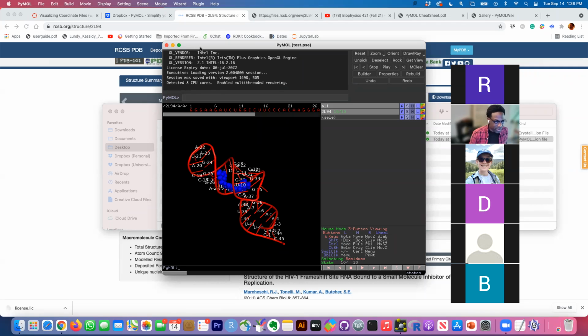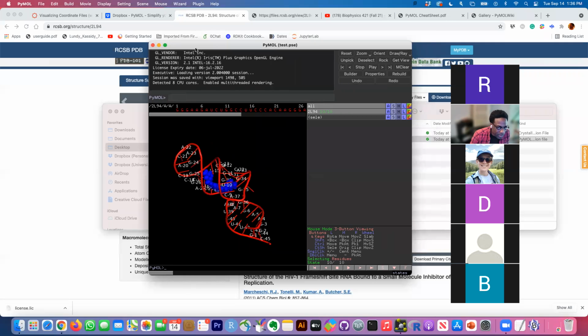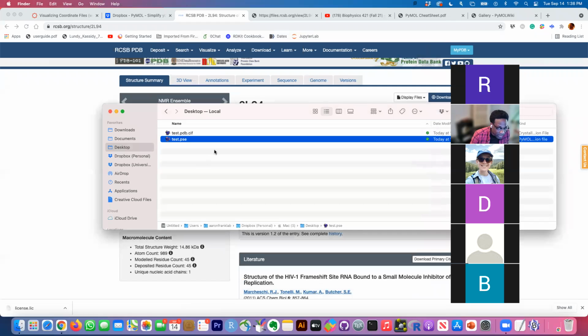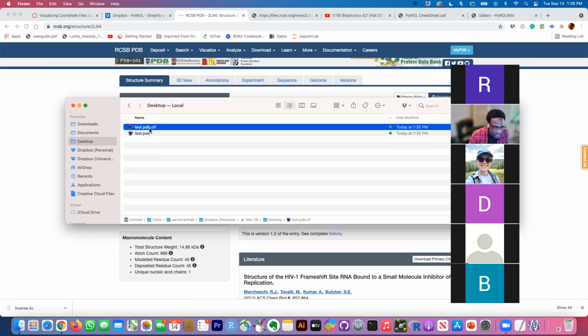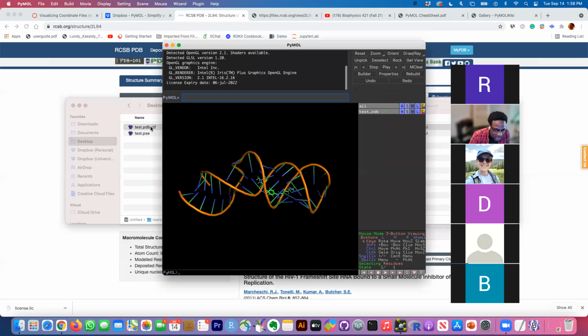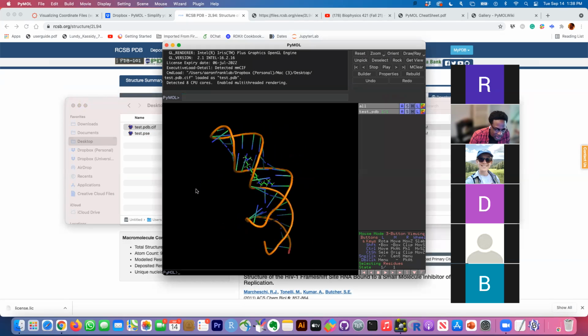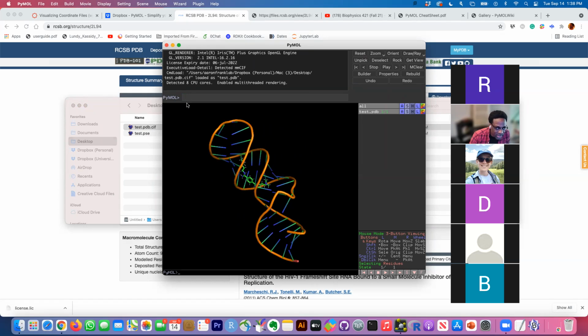So I should distinguish the difference between saving an object and saving a session. And so I can do that right now, right? So I'm just going to quit PyMOL, right? So I have these two files here. The first one is when I saved the object, just the coordinate file. So this just contains the coordinate information, right? So if I open this up, then this is all I see, which is just the raw coordinates, nothing to do with the different kinds of operations that I applied in PyMOL. Now, if I open up the session, right,